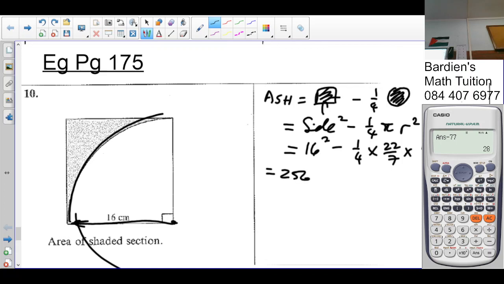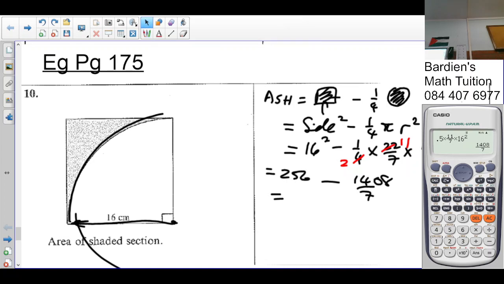So it's 16 squared. It's 256 minus, 2 goes into here twice, into the 22, 11 times. So it's going to be a half times 11 over 7 times 16 squared. Also, in your exam, we're not going to make the numbers so massive that you actually need a calculator. However, the author of this book set it in that sense because he knew that we allowed a calculator at this point. Okay? So it's 256 minus, that answer is going to be